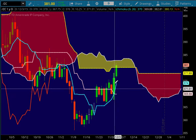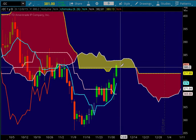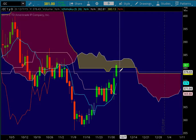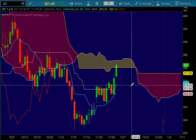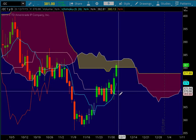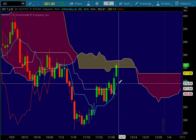Sometimes when we get a very strong bullish move up like this, it's not sustainable and we get a reversal back under the cloud. So keep an eye on that 380 level. That's going to be very important in the upcoming week. If we do trade lower, we can look for potential support at 374 or wherever the new Tenkan-sen,